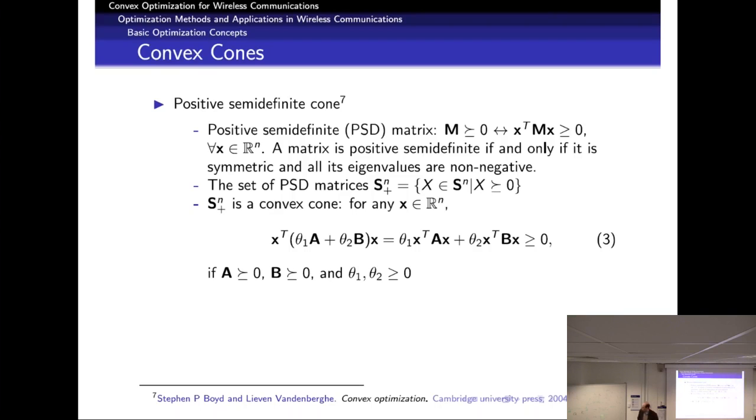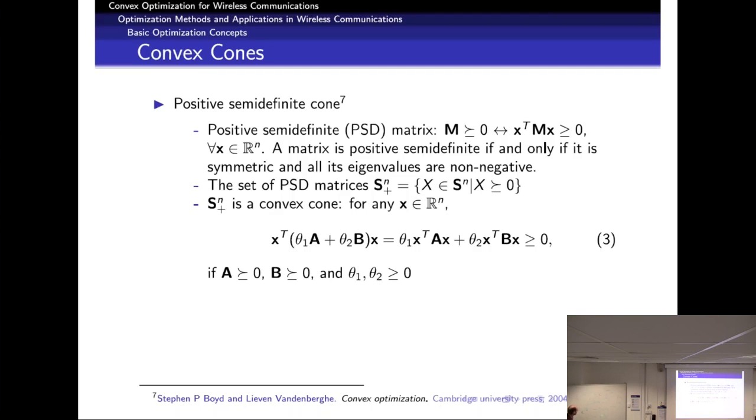And this is really what we have when you look at the input covariance matrix in the MIMO system. This is a PSD matrix where you have eigenvectors and eigenvalues, and the eigenvalues represent the power allocation. Typically, they cannot be negative. They're either 0 or positive. And same for the covariance matrix of the channel. You can have eigenvectors, and you're going to have eigenvalues that will depend on the propagation conditions, but they will never be negative. They will always be equal to 0 or positive. So those are two typical examples that we have in communication of